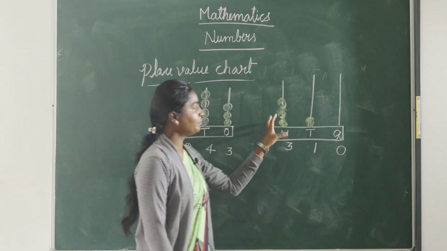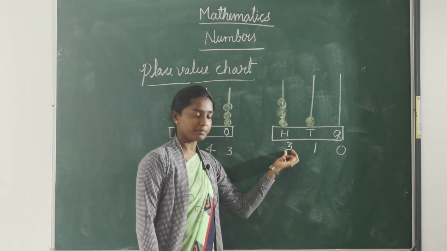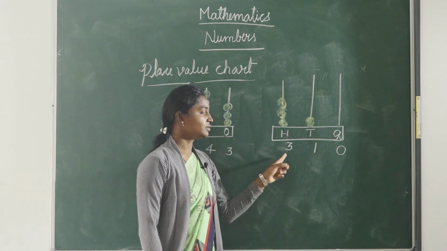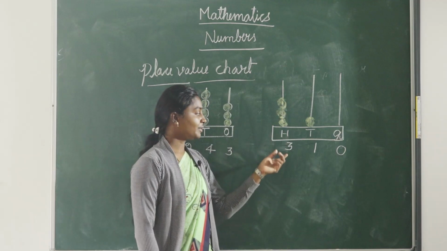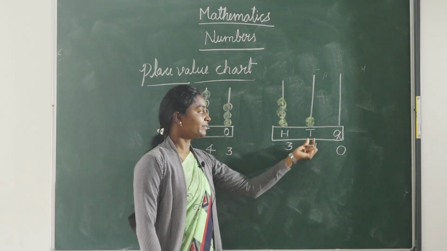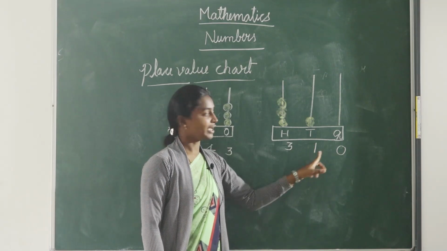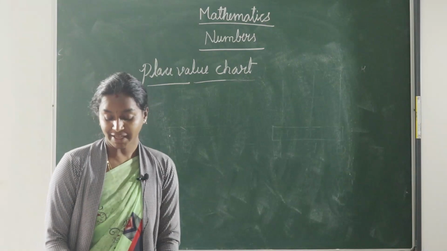Understood now, children? Depending on the number of beads, the number will come. So where the beads stand, according to that place the number will come. If beads are standing in hundreds place, that number will come. If beads are standing in tens place, according to that the number will come. And also for units. Now let's play one game